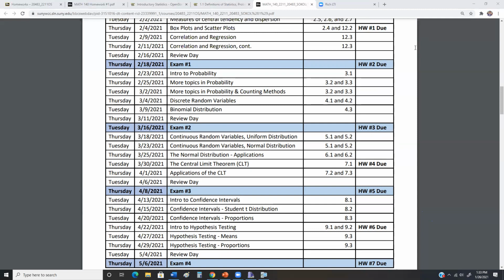Yep, just email me if you have extra time. There's no stress here. We'll take care of it when we get there. Honestly, no need to stress. We'll lower the stress level, right? We all have a bazillion stressors going on these days. MATH140 should not be one of them.